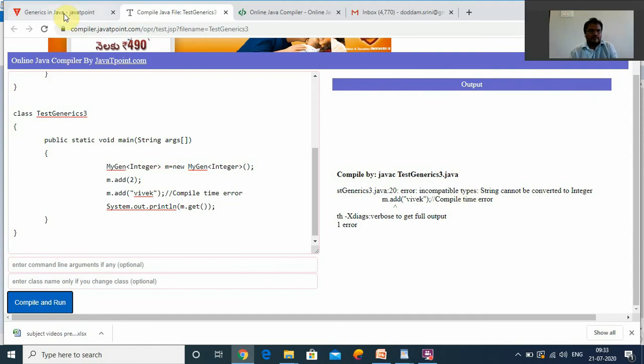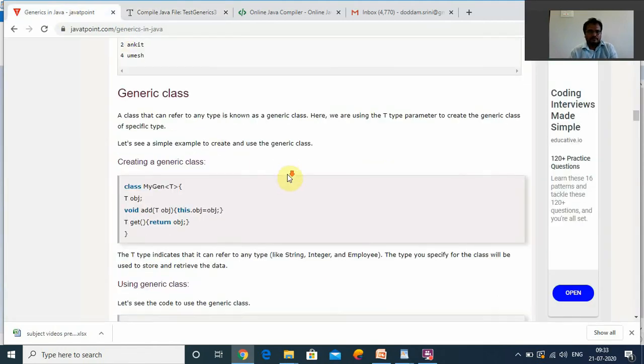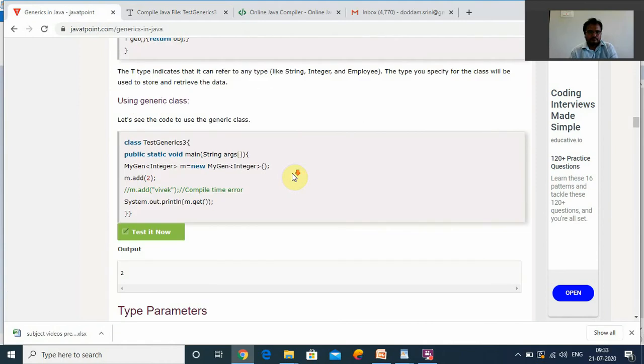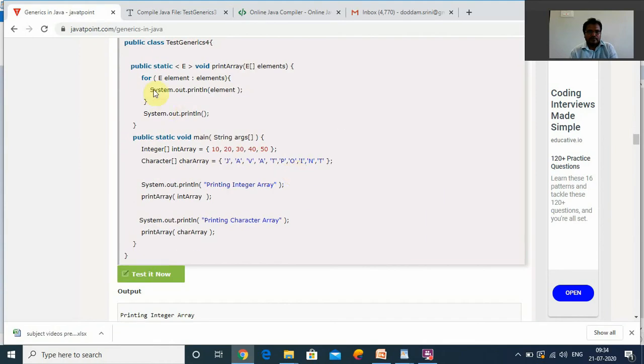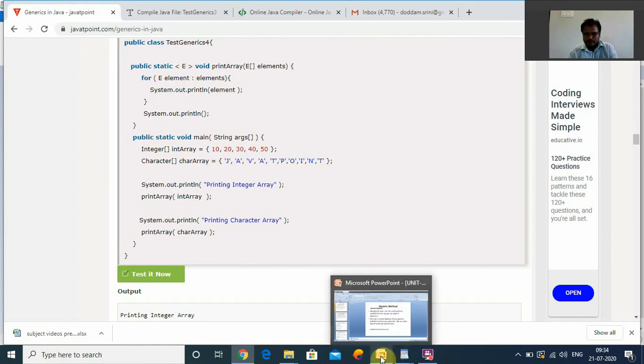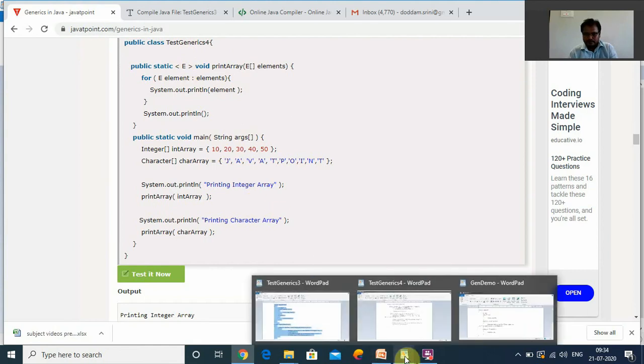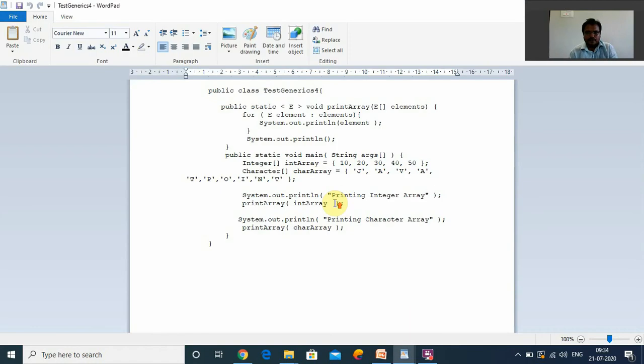This is one example. Next one is type of parameter, meaning a generic method example. First of all, I will explain the generic method example. Test generic 4, this is another example.